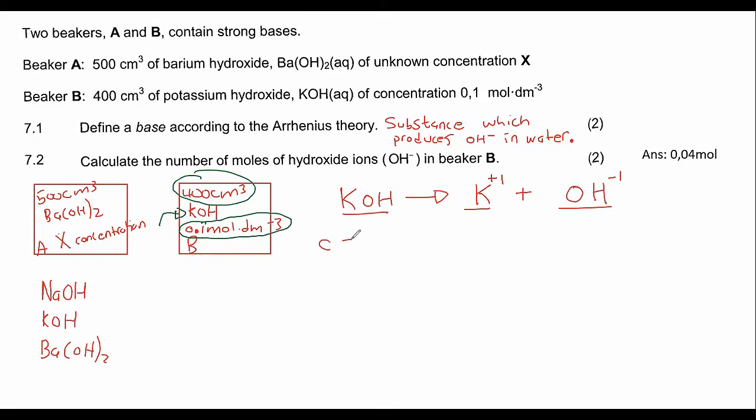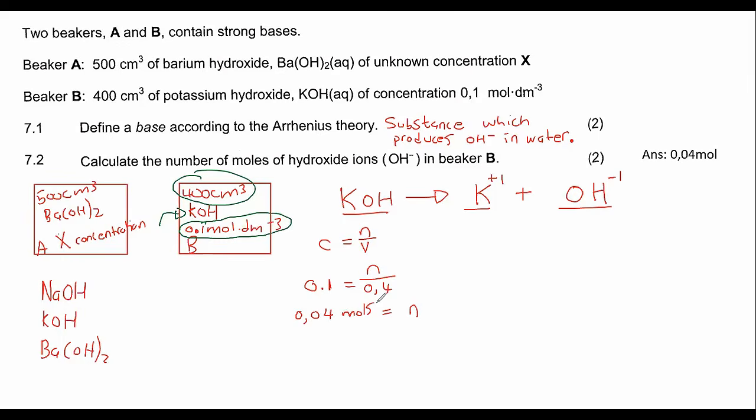So we can say 0.1 is the concentration. The number of moles, we don't know. And the volume is 0.4. Remember that this must not be in centimeters cubed, but rather in decimeter cubed. Then we can work out the number of moles, and that's going to give us